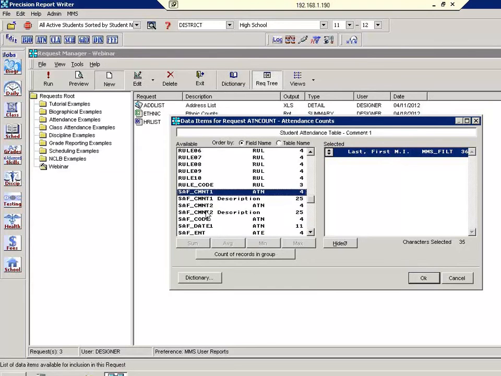Now, we talked in the last webinar about how one of the more challenging features of Precision Report Writer is knowing what the data items are called in MMS. You know what information you want to display. Figuring out what that information is called in MMS can be a little more challenging. For the attendance code that students have been assigned, I want to use the data item called